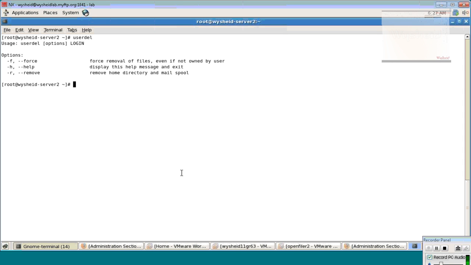Right. So if you want to remove the user and all the files created by him, you can issue the command userdel -f -r, then the username, for example, new user. Okay? But remember, a user will not be